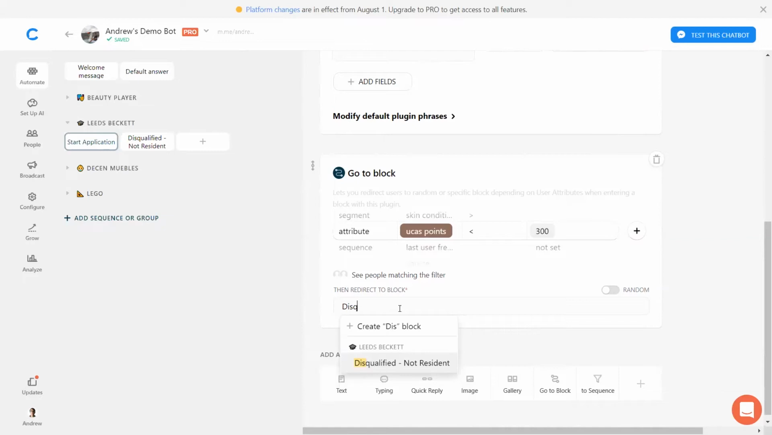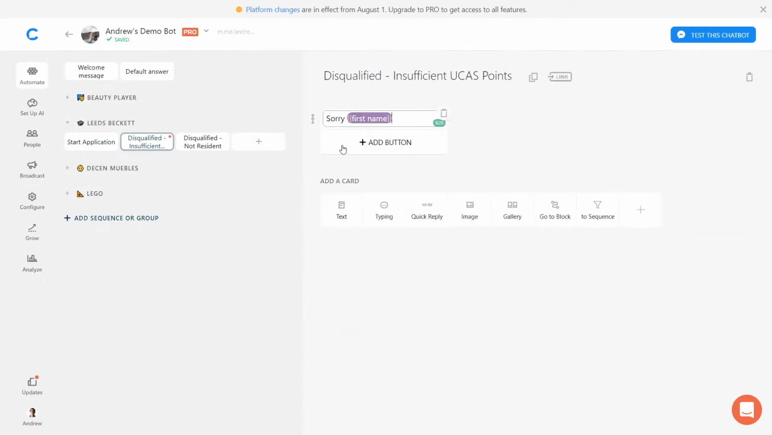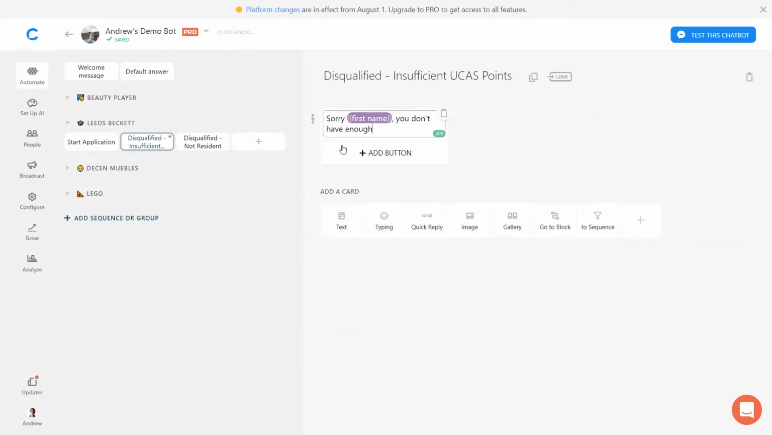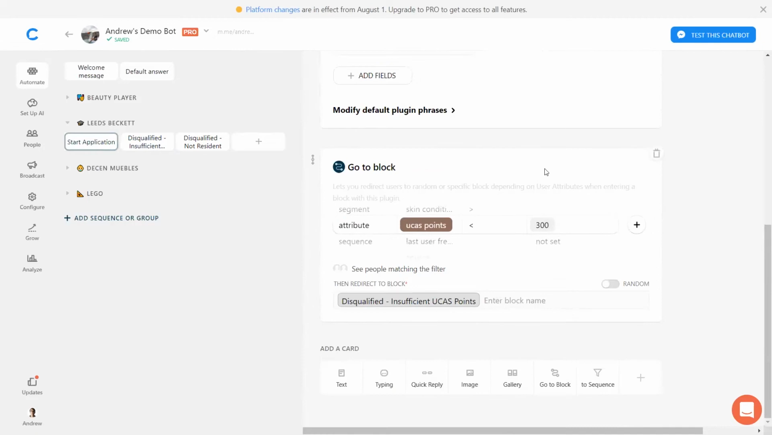So let's say disqualified, we'll say like insufficient UCAS points. And we'll create that block, and then let's add the message here. Sorry, first name, you don't have enough UCAS points. Perfect. So super simple. And so again, if this condition is true, it's going to redirect them here and stop the flow. If this is not true, then we'll have them continue answering the remaining questions,